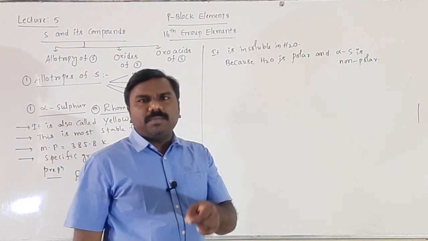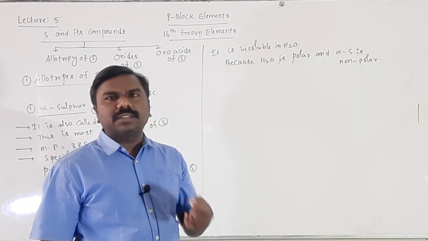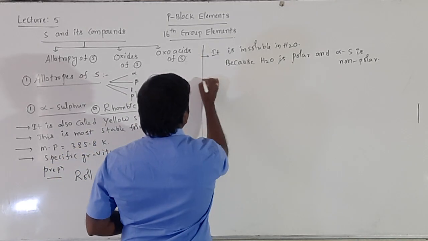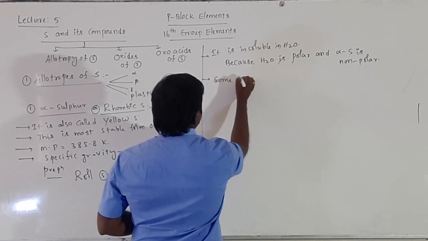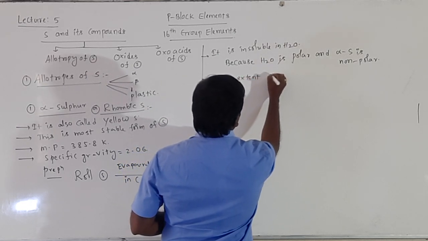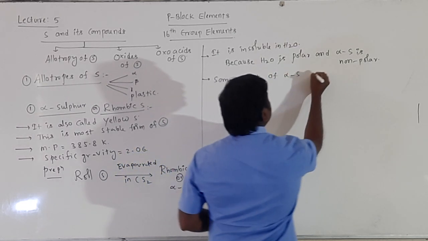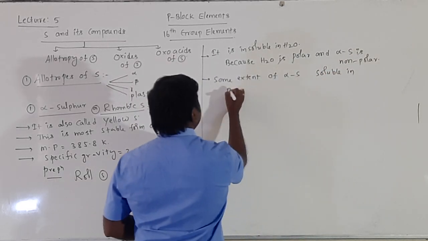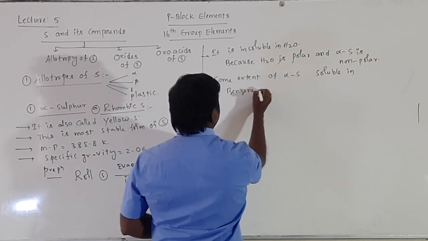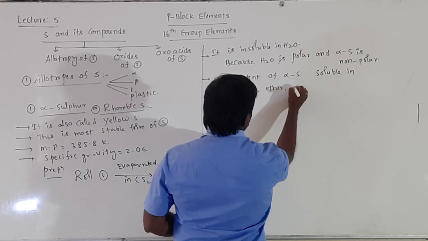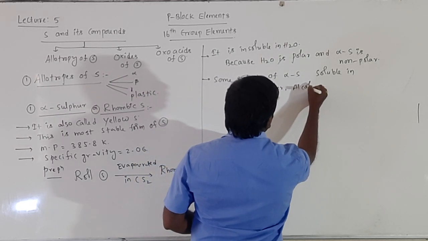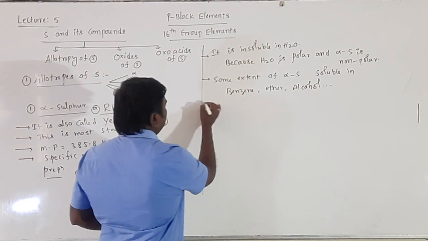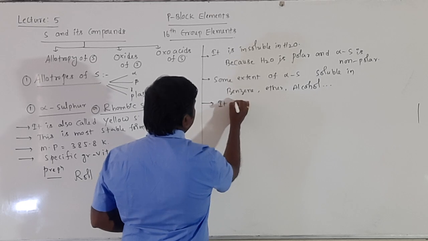To some extent, it means a little amount of alpha sulfur is soluble in benzene, ether, alcohol. It means in organic solvents,